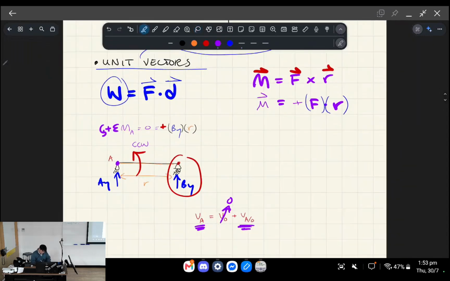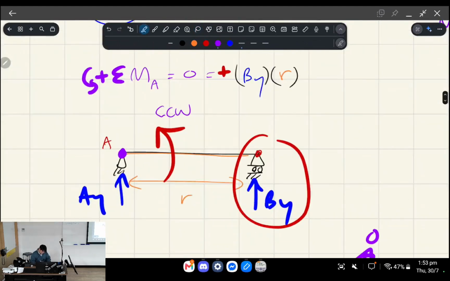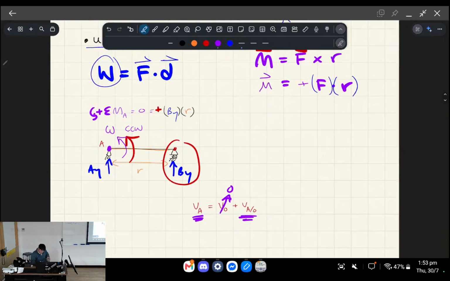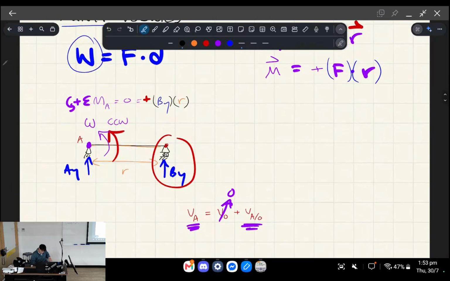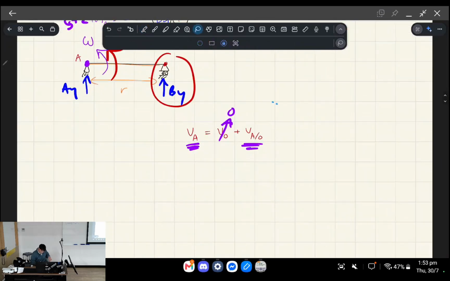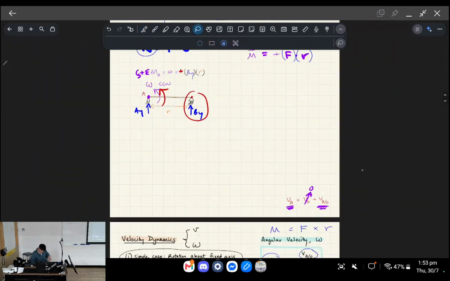Like for example, moment was a spin. If we had angular velocity around a hinge, this is like a spin, referring to clockwise or counterclockwise. But if instead we thought of everything in terms of unit vectors,